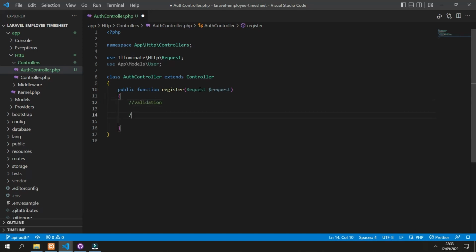After it is valid, then it will create a user object and then assign roles to that user object. And then we create the token for the user to stay logged in on the next request. And the last would be to return the response.